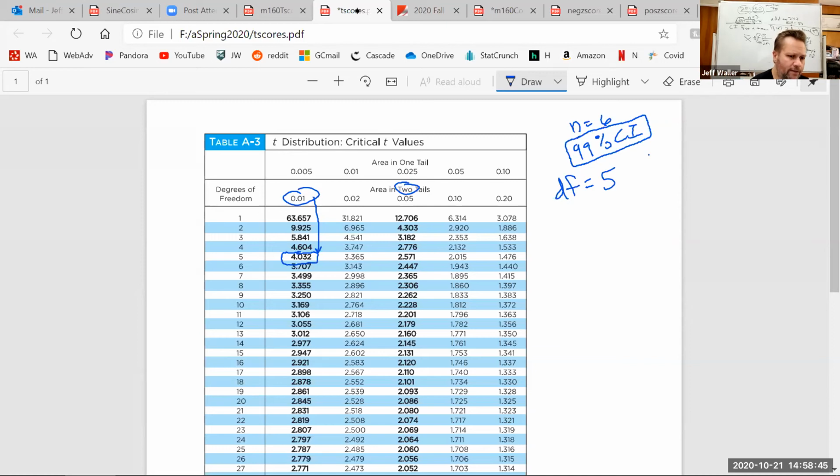Now that is big, isn't it? Are you guys at the point where you realize that's really big? That's 4 standard deviations. Why is it so big? Because the sample's so small. If I take such a small sample, I'm not going to be sure about anything. So this is going to have a lot of covering to do. That's why it's so big. All right, I like it.